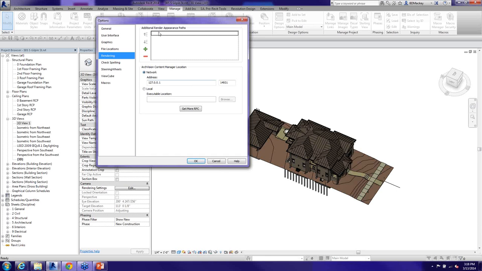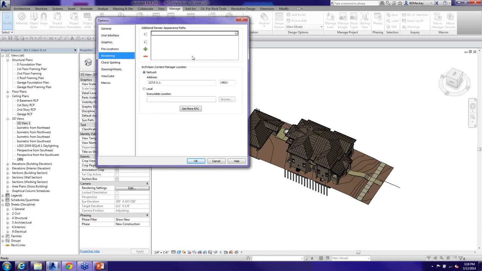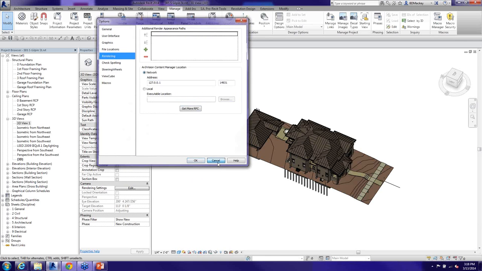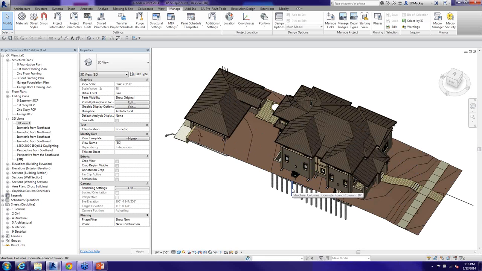So that's kind of one of the things for me when we're talking about that, is where really are you going to be going and what's going to be happening for that rendering. So just go into your rendering tab and add a location. Again, that can be set up in your INI file before Revit's deployed if that's something you guys are looking at. Okay? So with that said, the biggest mistake I see when people, even if they've got that set up,